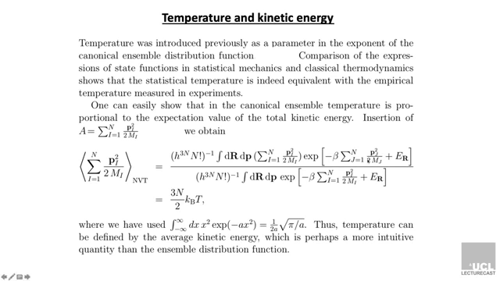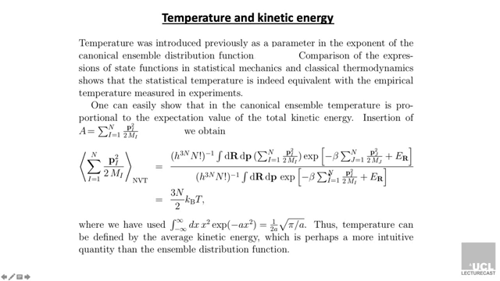You weight this with the Boltzmann weight, so e to the minus beta total energy, kinetic energy plus potential energy, and you divide by the partition function. Okay. Now, I don't want to go into this detail, but this integral here,